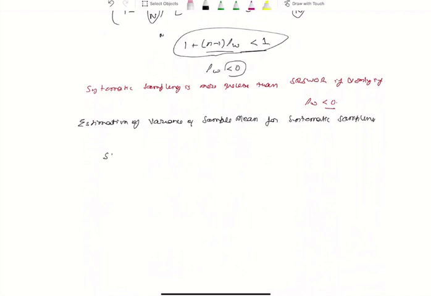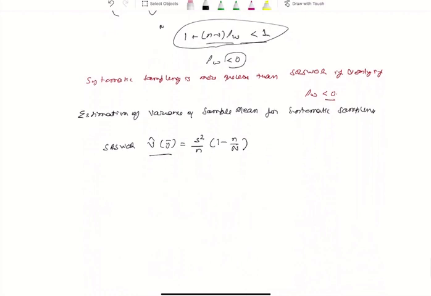So in SRS WOR, variance of y bar was small s square upon n, 1 minus n upon N. And you can calculate the whole variance of the y bar, or estimate it based on the sample